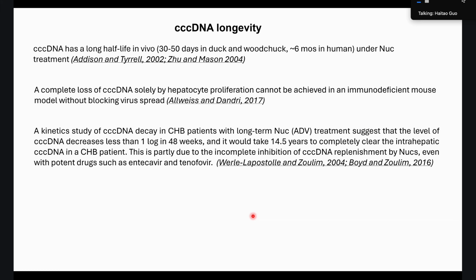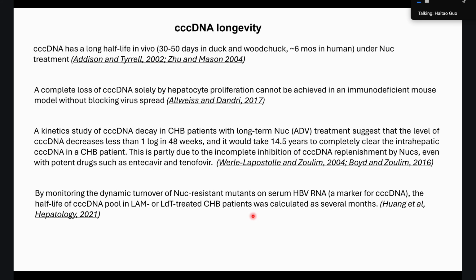But even with entecavir or tenofovir, this may still be an issue, that you cannot completely block the intracellular amplification of cccDNA formation. Later, a study by scientists at Assembly Biosciences, collaborating with clinicians, found that by monitoring the dynamic turnover of the nuke-resistant mutants on the serum HBV pgRNA, which is a marker for the cccDNA, under the treatment of HBV by nuke drugs,